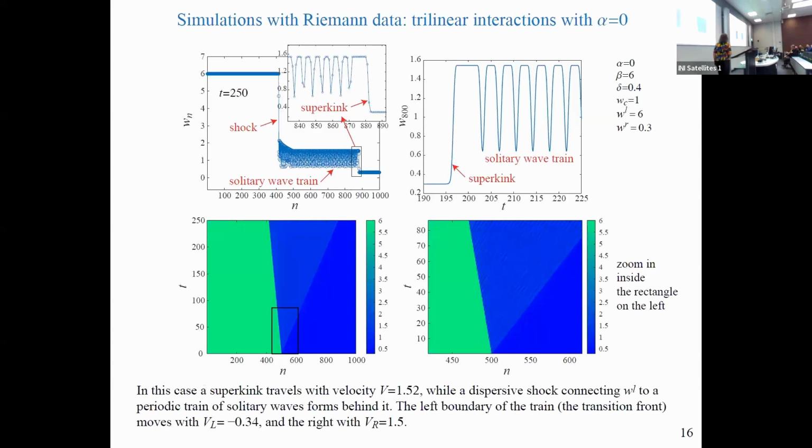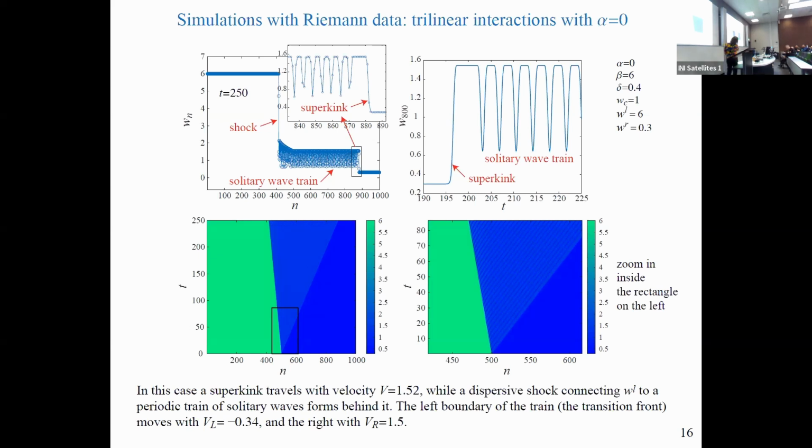Okay, so to me, the most interesting thing about this problem is this slide here. We did some simulations with Zoom data, and what we saw is quite different from what I showed you earlier with dispersive shock waves. You do see a formation of a super kink with the Zoom simulation. But instead of the dispersive shock wave, what you see is a formation of a shock which connects the constant state to this kind of periodic solitary wave train.